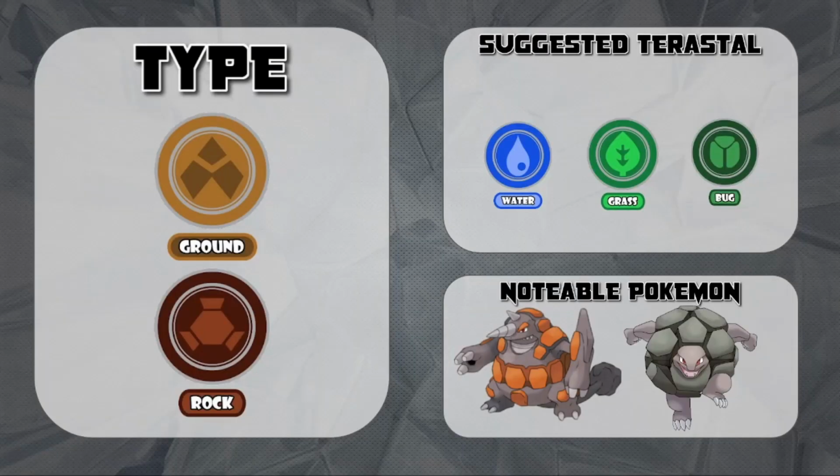Next up we have got the rock ground typing. Now this typing is actually got two huge weaknesses, is what I'll say. We have got grass type weakness ×4 and a water type weakness ×4 as well, whereas also having a ground type weakness and an ice type weakness too. Now ice types are less likely to come in because you have got the rock type STAB already, meaning that they're less likely to risk coming in,